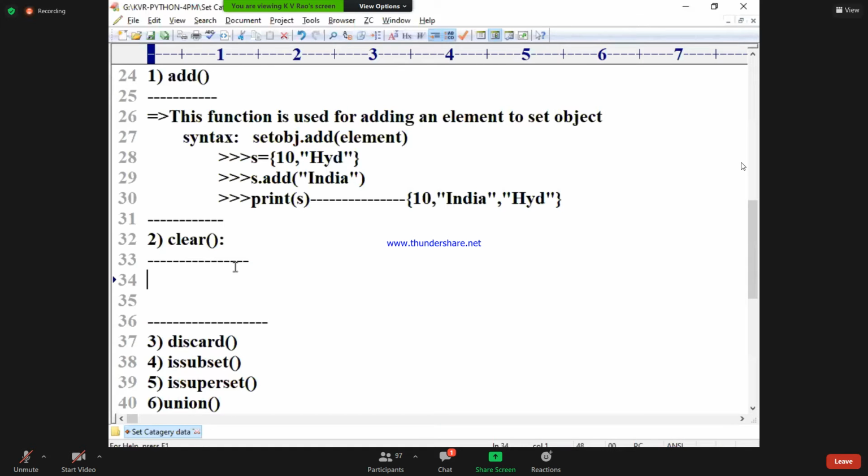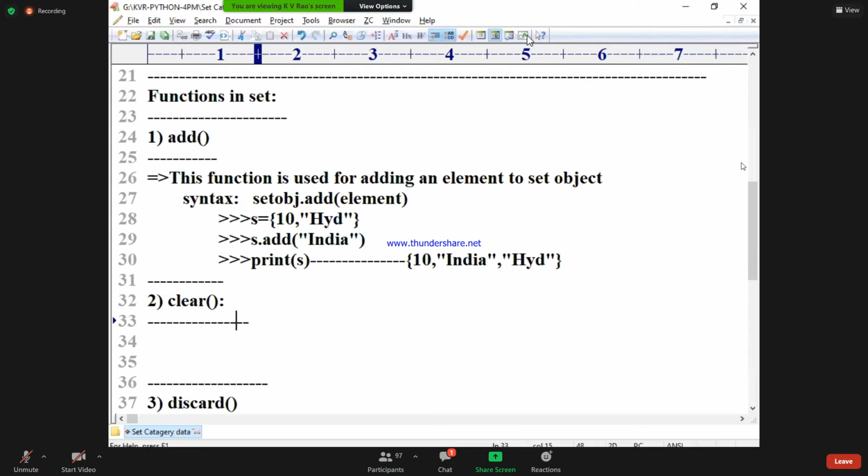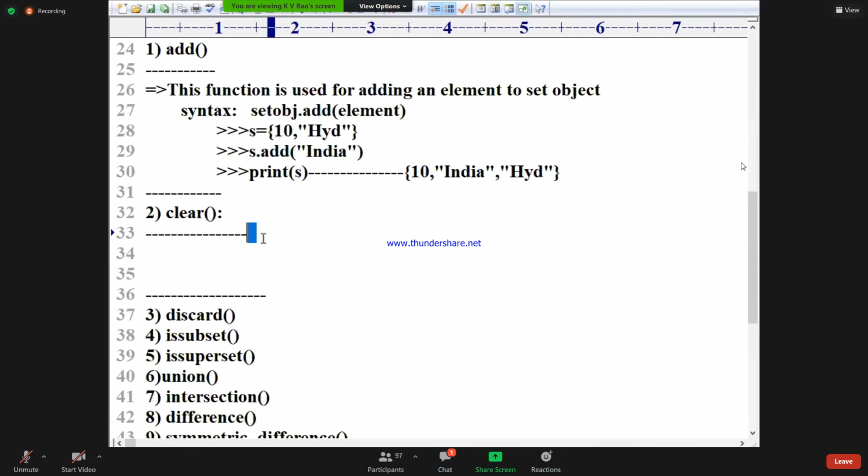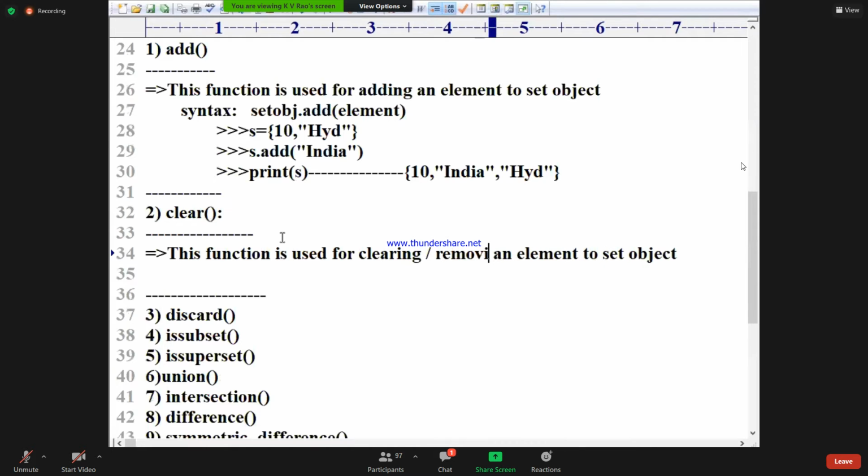Yes. So write down. The add function is already done. Now one by one we'll complete the rest. Write down: this function is used for clearing or removing all the elements from the set object.